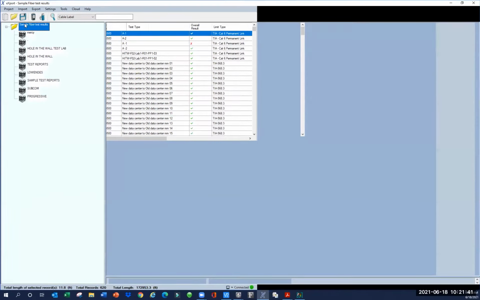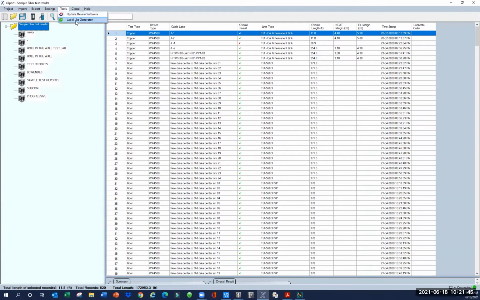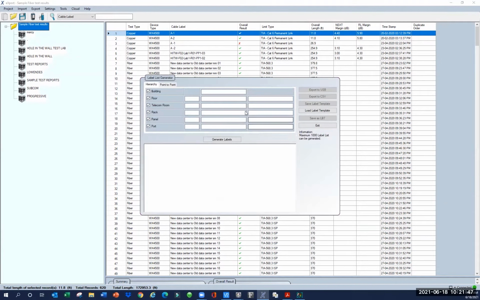So right up here in tools, we have what's called a label list generator. I can't type, Mike, and I can probably do 1,000 labels in under a minute. So let's do a building here, ABC building. This little delimiter I'm putting in is just a separator between the labels. So in our fictitious ABC building,